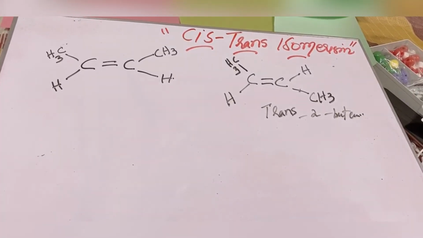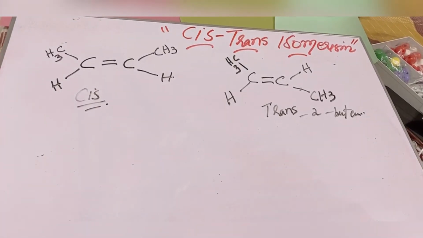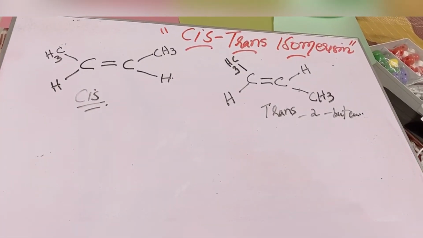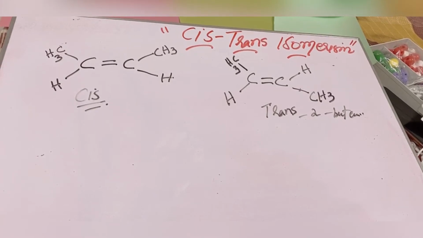And this is the cis form, cis-2-butene. Now we have another example also in which I'm going to attach different halogens so that I can make you understand what are high priority groups, right? And why they are called high priority groups. So let me draw the next